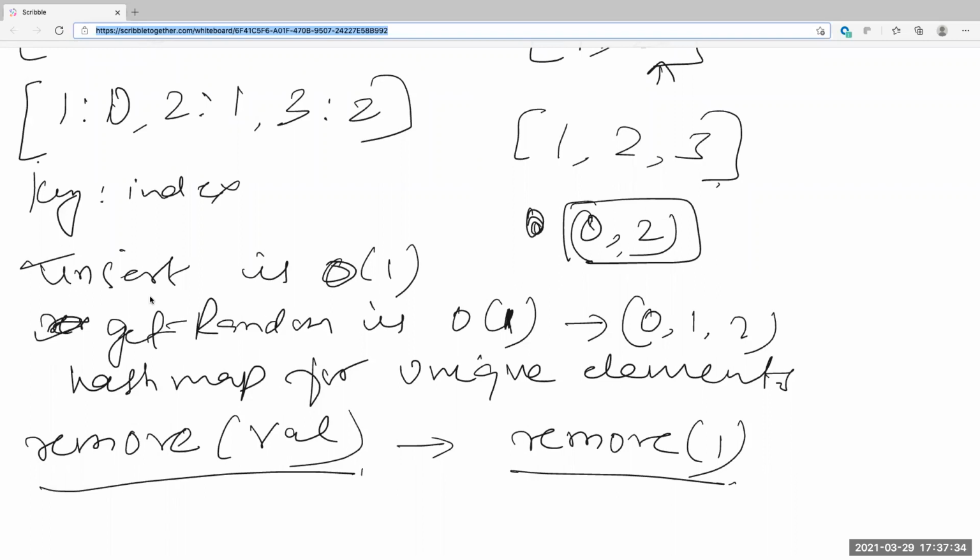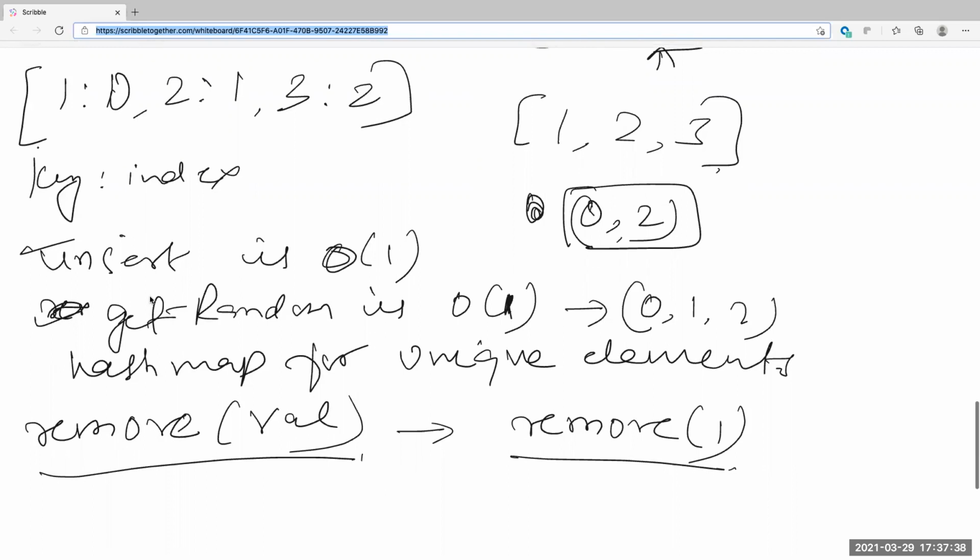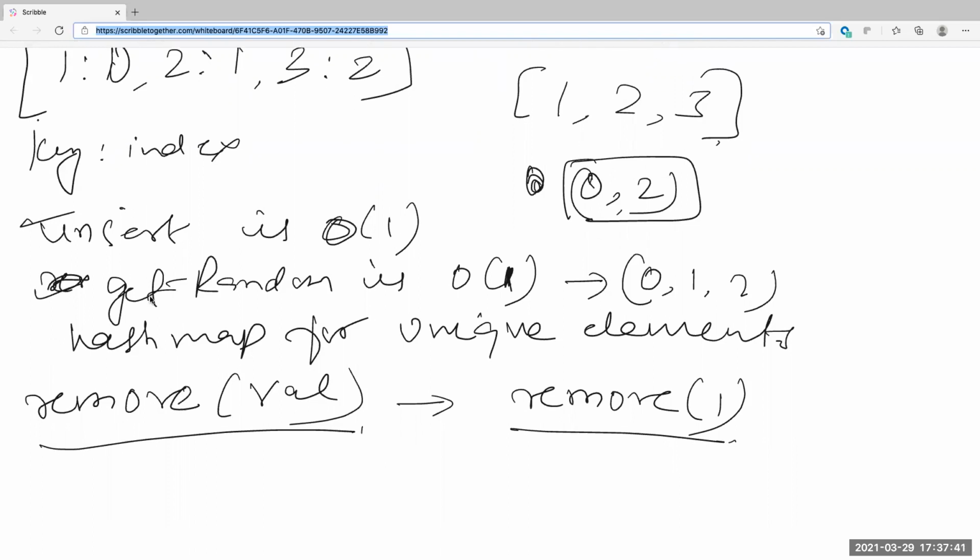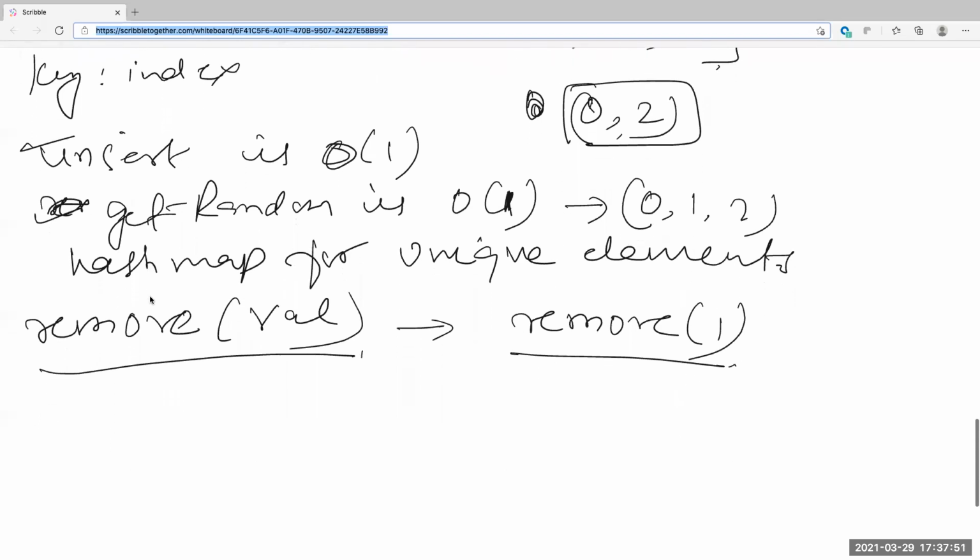Well, if our hash map now contains index in the array and value, let's say I try to insert 1. Ankur, can you draw the following? 0:1, 1:2, 2:3.